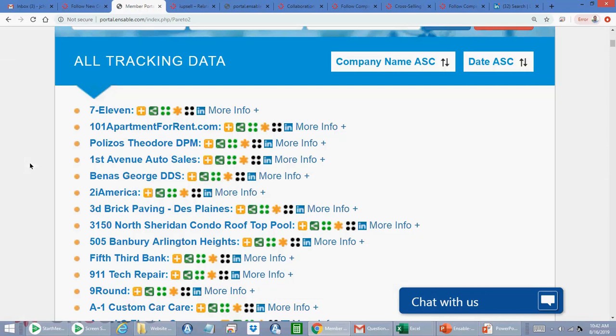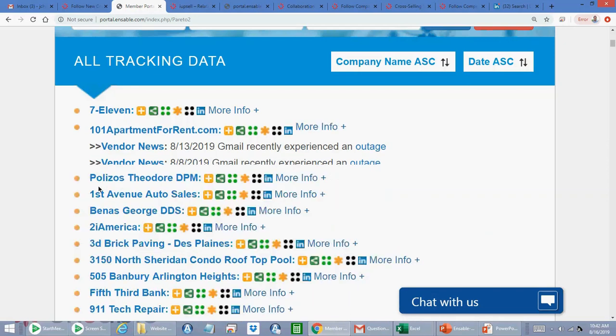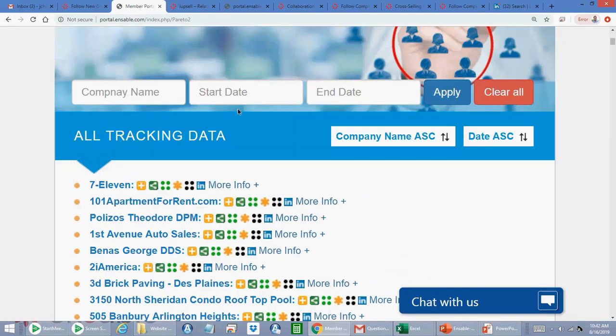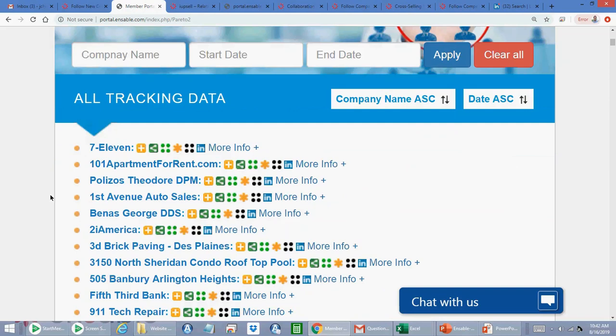But before we go into Q&A, just let me walk you through everything real briefly to give you a high-level overview. The more info section is going to walk you through all of the latest sales events that we've been able to visualize for each of the companies that you're tracking. You can sort companies by name, by date, and really dive deep into what you're trying to do. Essentially what this is trying to accomplish is taking a large list of prospects and helping you prioritize your time as far as where your time is best spent based off of sales events and triggers,